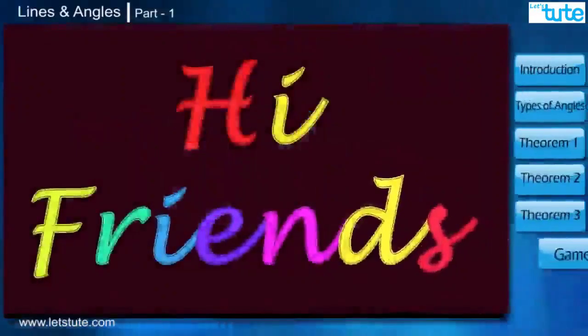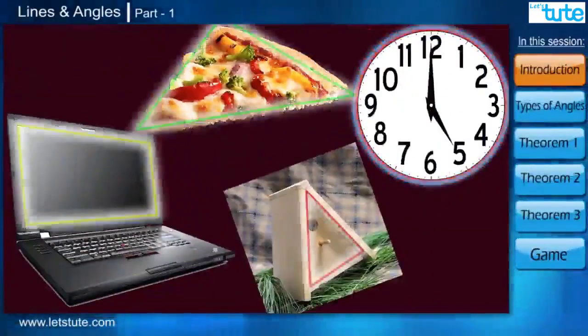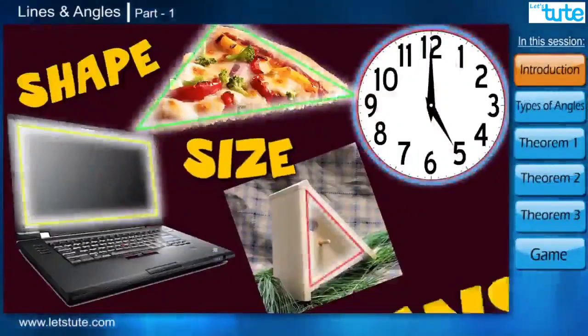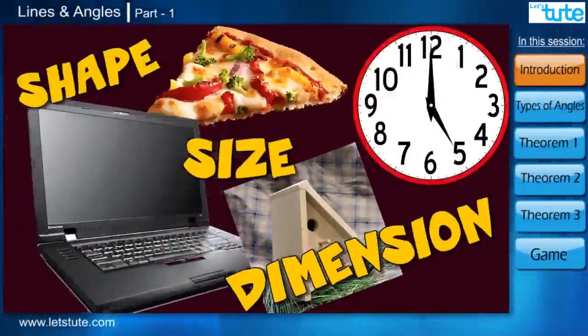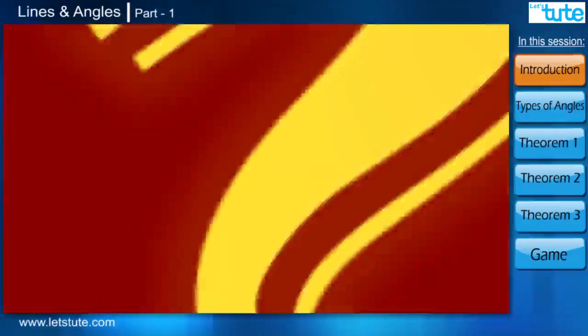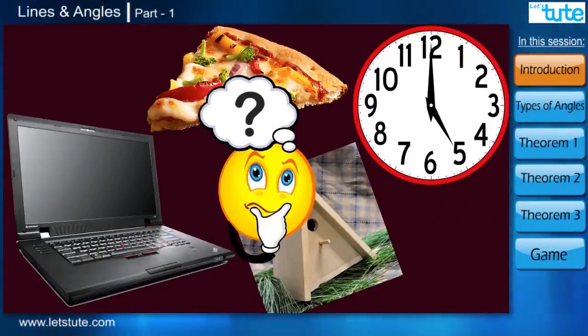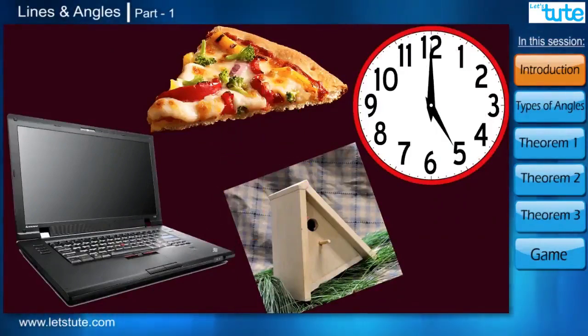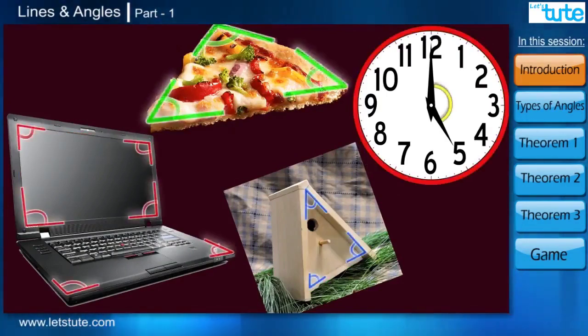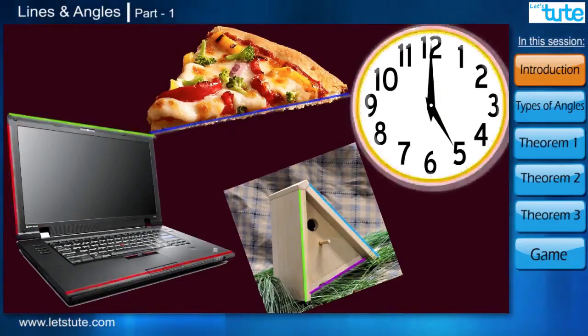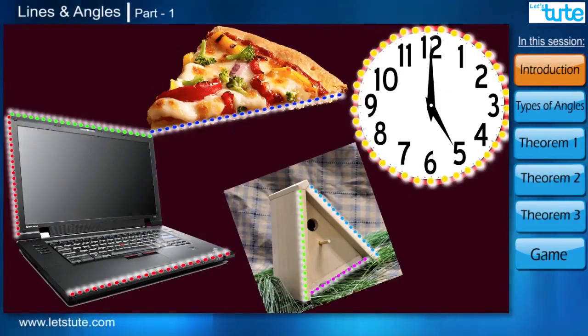Hi friends, everything we have seen around has a particular shape, size and dimension. Now looking at these few pictures, what can you guys understand? Now when you all see these pictures, what do you think? I'm sure many of you must have identified various shapes in these images, but we never see the things as a bunch of angles or few lines or just a cluster of few points.